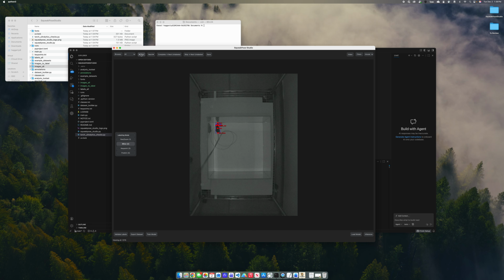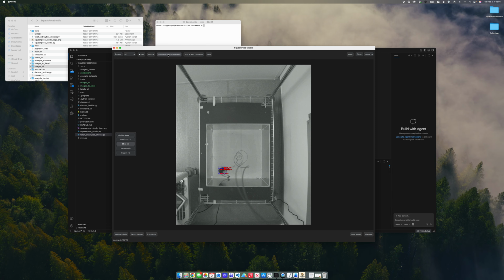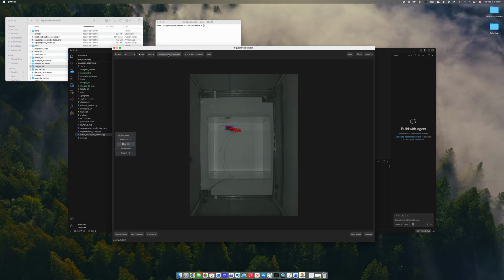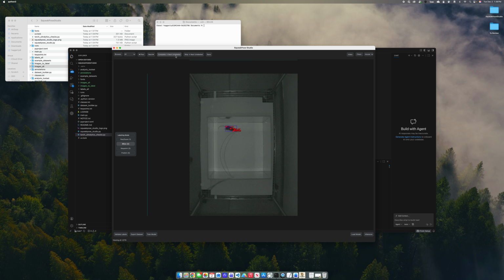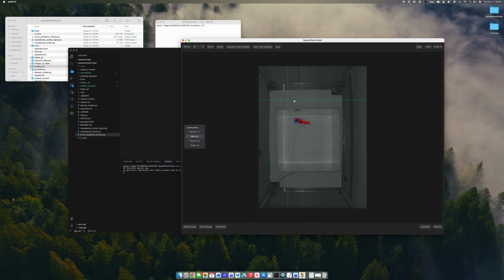You have a next and previous button. You can also use the left and the right arrow keys in the pan and zoom mode to go forward and backwards. Sorry, previous and next. So N and P keys to go forward and backwards. We have complete and move to the next labeled frame. If you click this on an already labeled frame, it will just resave the